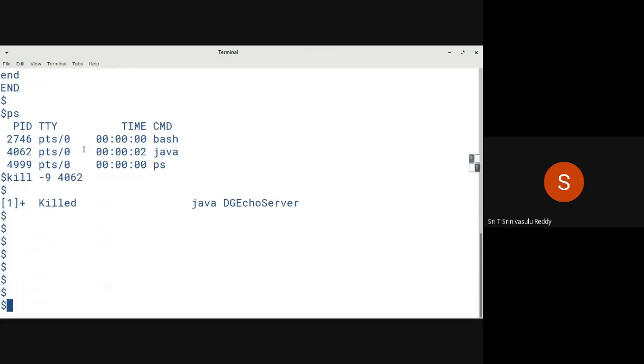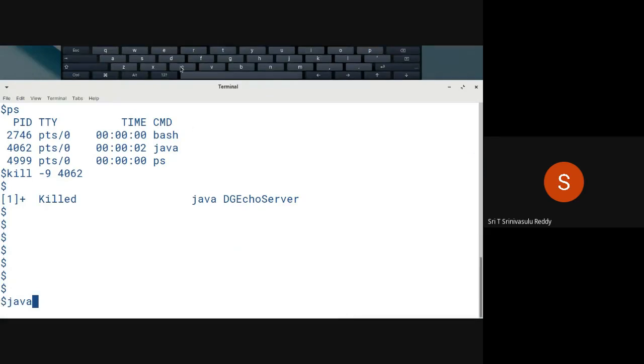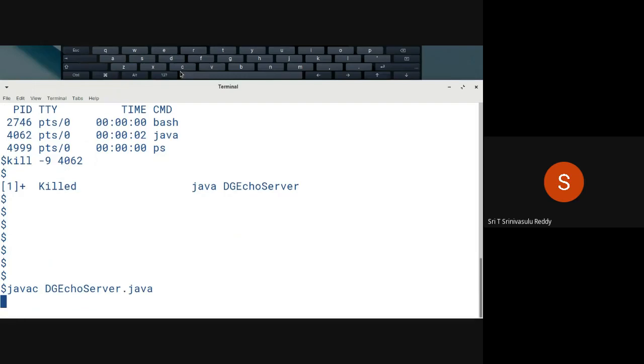Now you have to compile it, so javac followed by DJEchoServer.java. Similarly, we have to compile the client side related things.